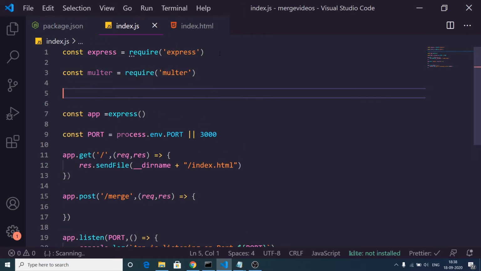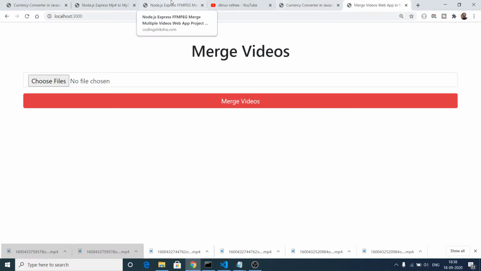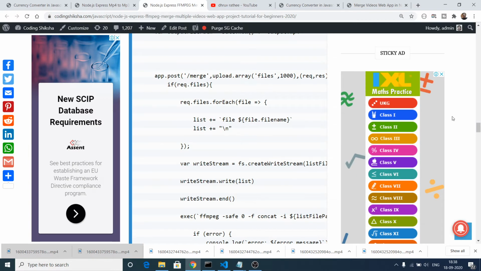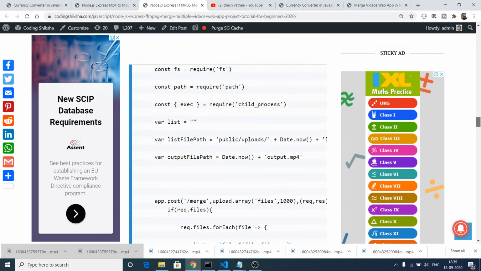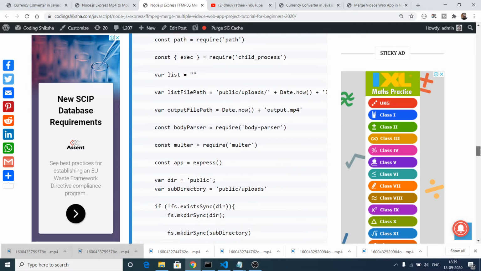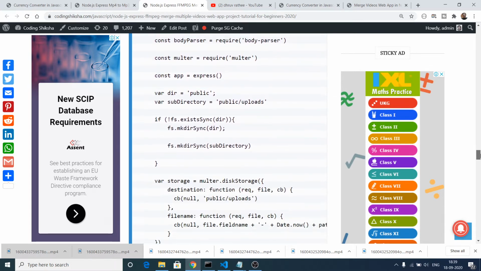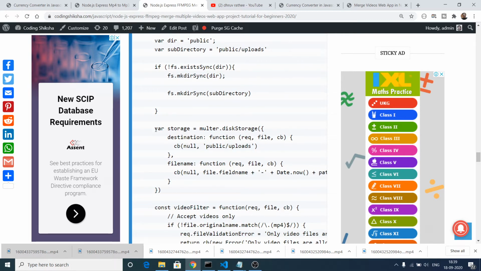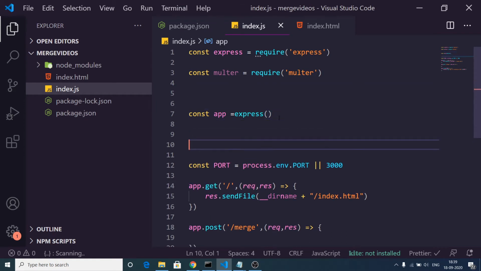So require this library, and in the blog I have written the configuration code of this library. So go to my blog, which is there inside the video description. So if you go to my blog here, you will find this code for Multer library. So after you include this library, I think this code is there right here inside this full index.js file section. So right here, yes, this storage variable, and you just need to copy this.